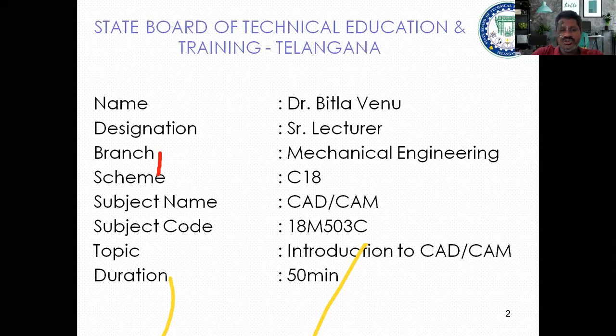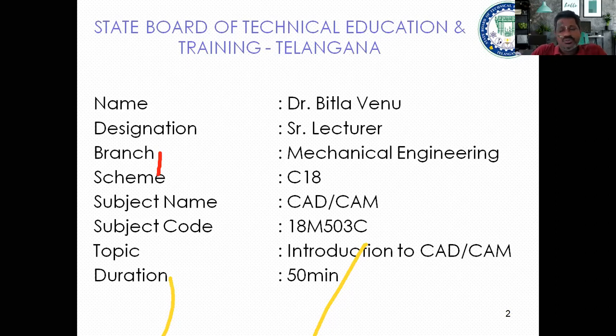In this session, I'm going to give you the introduction part of CAD/CAM. That means I'm going to discuss an overview of CAD/CAM: what exactly the process involved in CAD and CAM is, and what information is required while transforming raw material into the finished goods, what exactly the steps or stages required to transform raw material into the finished goods. I will discuss that in this session.